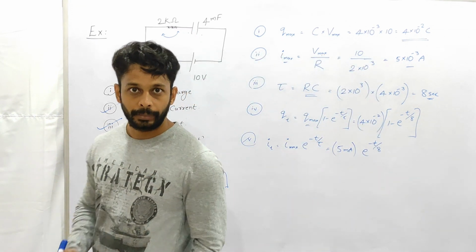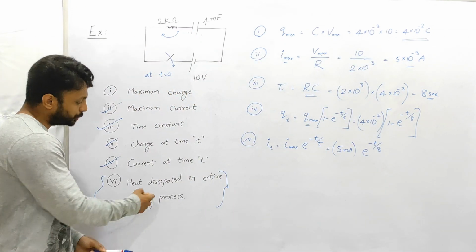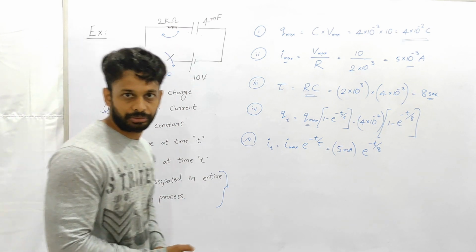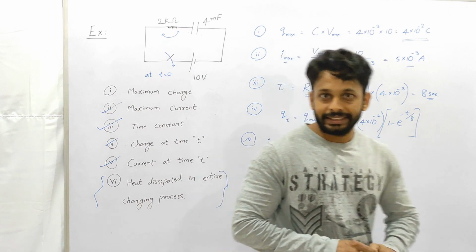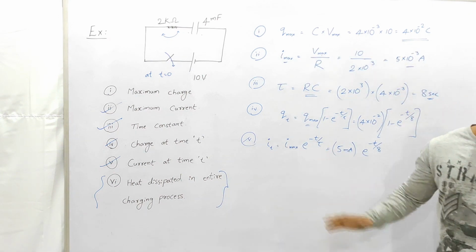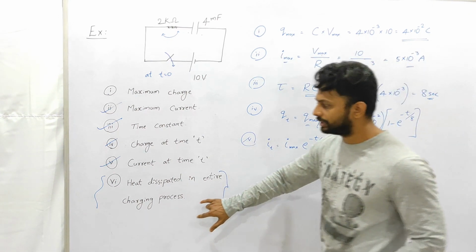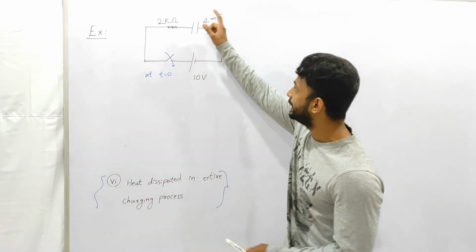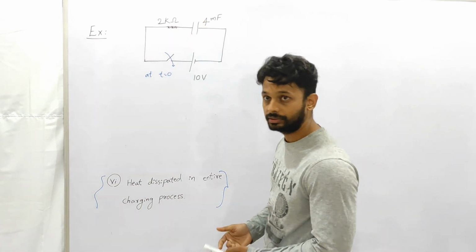That's one way. And the other method to find this heat dissipated is from the energy conservation basis. Either way it can be solved. We'll see in detail how to solve this in two methods. Both methods we look into now. Okay, now we see how to find the heat dissipated across this resistor.